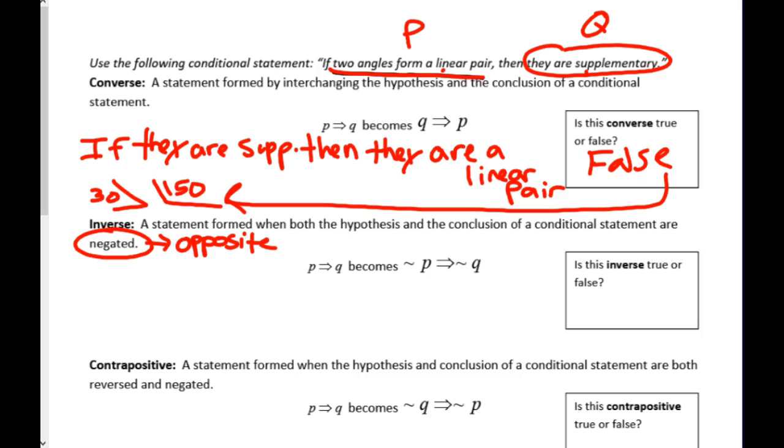So here's the statement. I'm Mr. G. What's the negated statement of I'm Mr. G? I'm not Mr. G. Okay? The easiest way to negate something is just to put a not in front of it. Okay? I'm the funniest teacher ever. What's the negation? I'm not the funniest teacher ever. I know y'all don't believe that. Now, negated comes from the word negation. A negation is just to say opposite. Some of y'all like to argue with your parents, maybe, or argue with your friends. You're always doing negations. You're always like, nuh-uh.